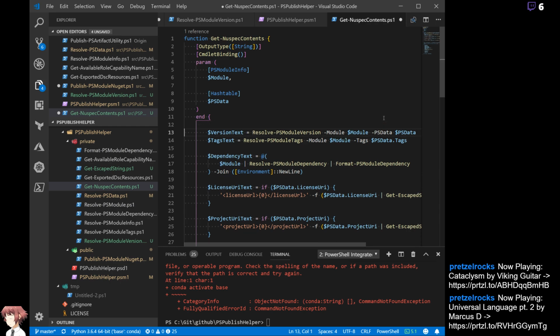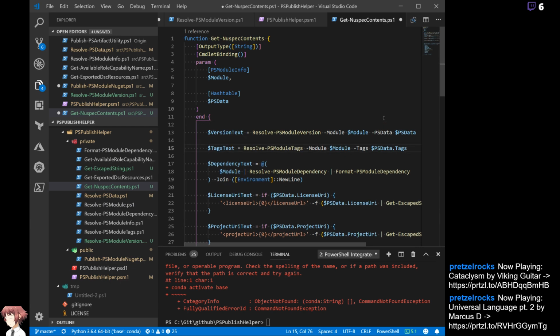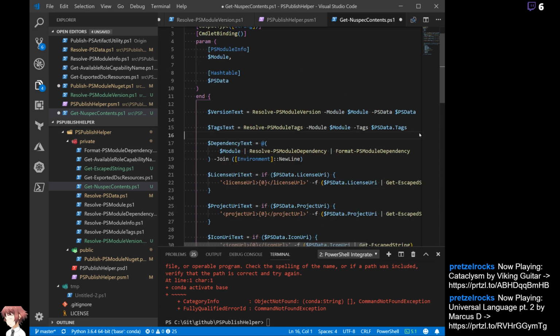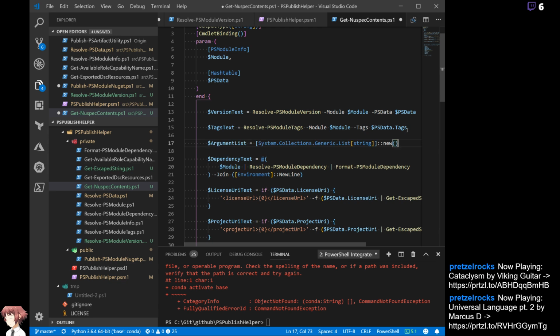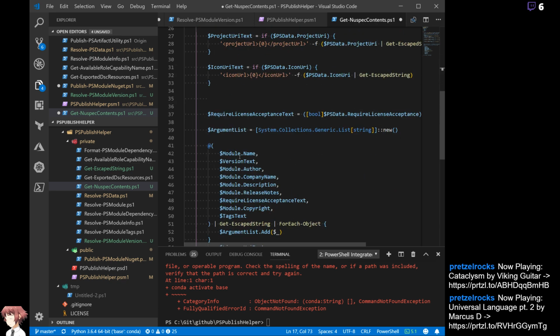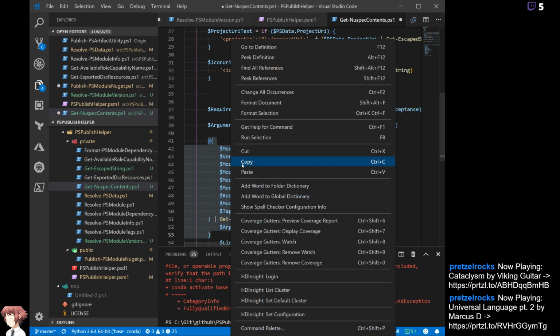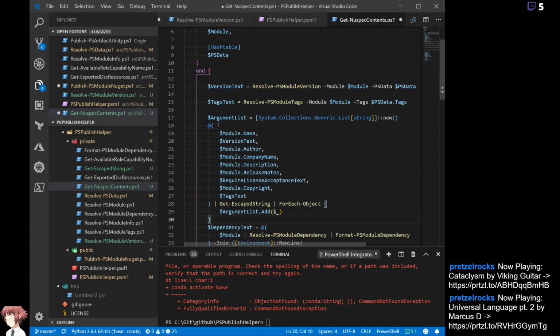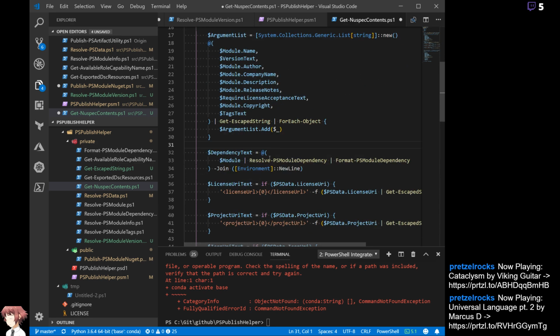Version text and tags text need to be defined before I can do any kind of adding to the thing, but I'll create this first before I start adding stuff to it. And then so this will set that up, and now instead of setting dependency text,